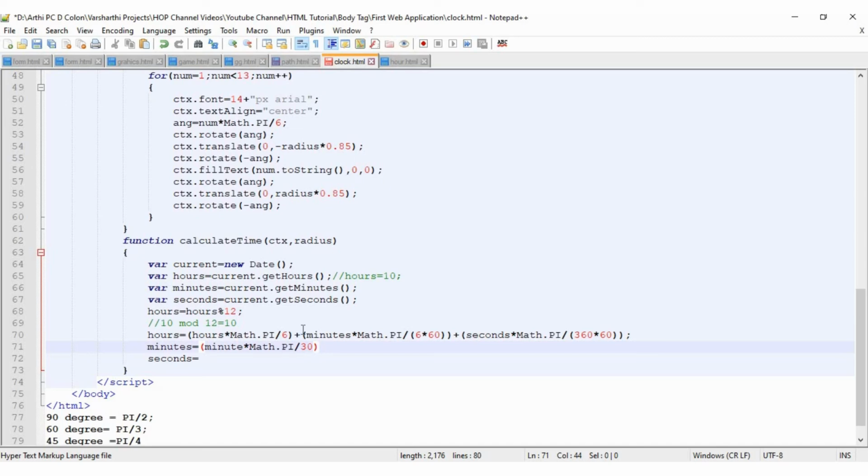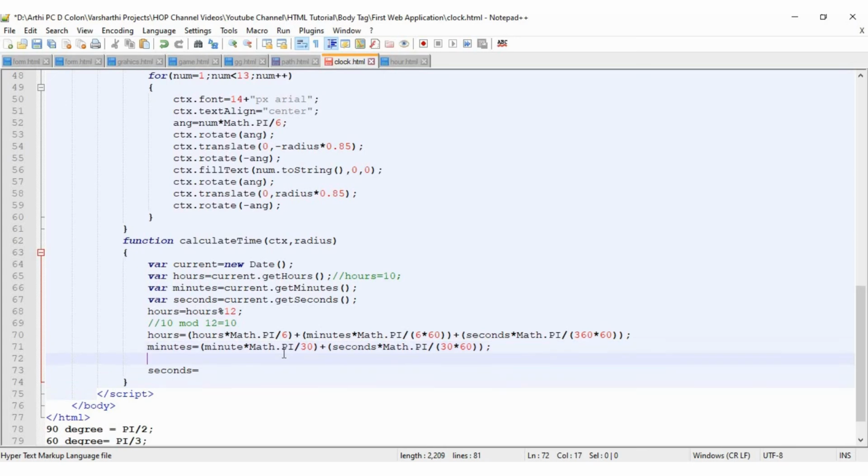So along with this we have to add the seconds. Similarly for seconds, seconds into pi value divided by 30 into 60, right? So we have to mention the seconds.